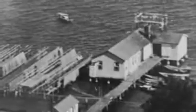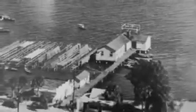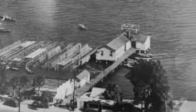For decades, the fish houses were the hub of the commercial fishing industry. And the waterfront was the heartbeat of this community. For obvious reasons, that's where most of the commerce took place. That's where most of the jobs were. Sebastian didn't have many stores in it or anything. A little hardware store and a little dry goods store and a little grocery store and a post office, and